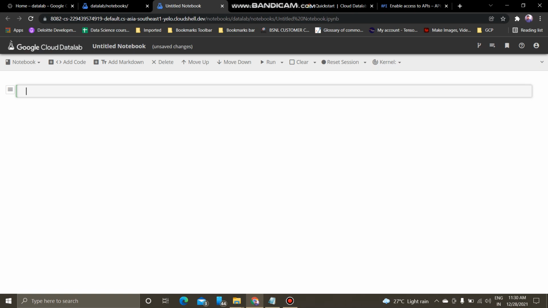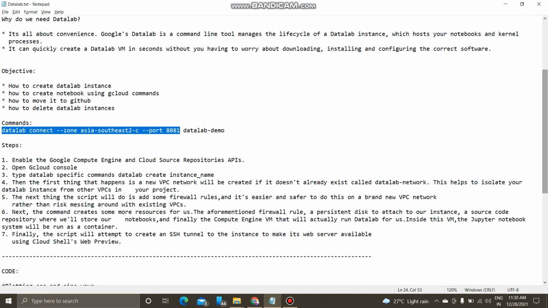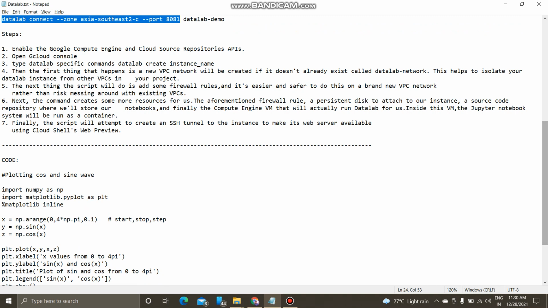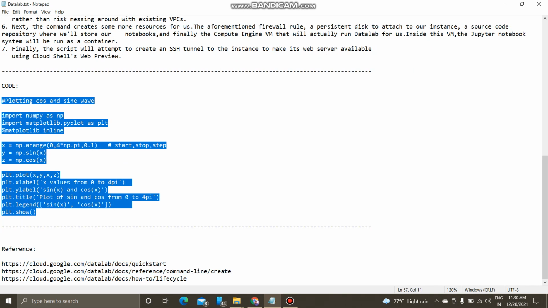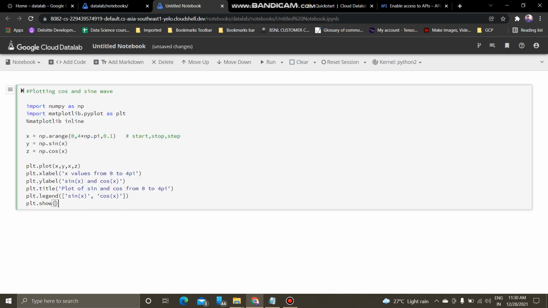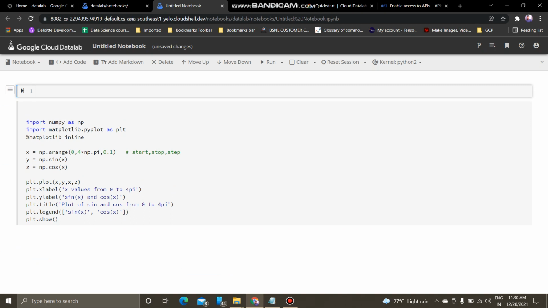First of all, I'm trying to import the package, the code which I've already created. So this is my code. I'll copy it here, and this is my heading.